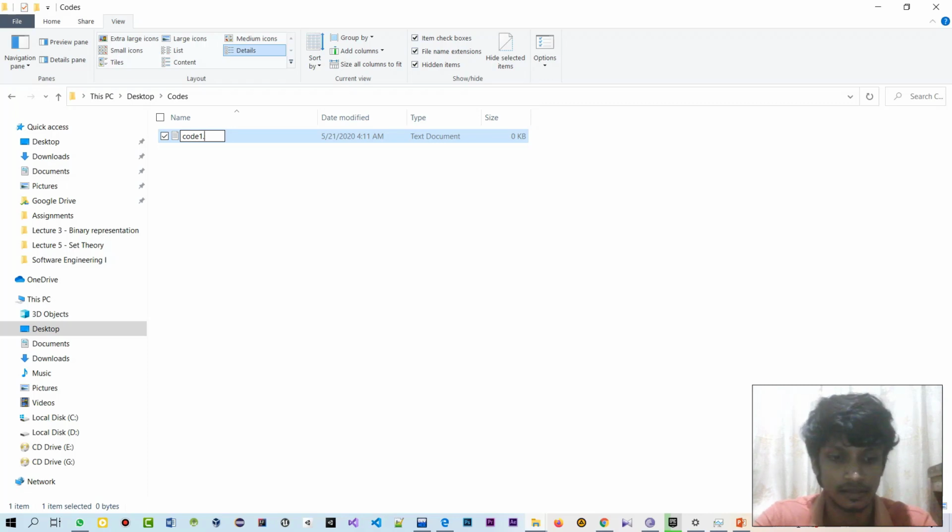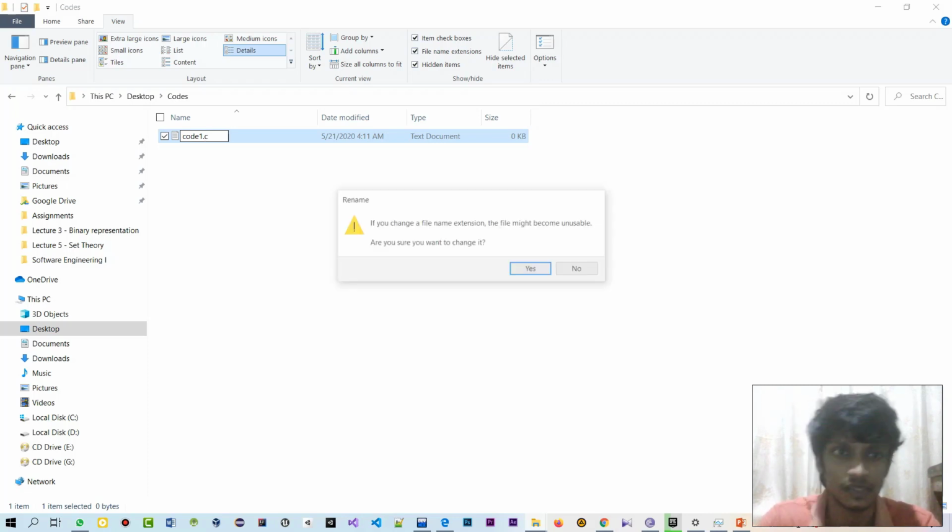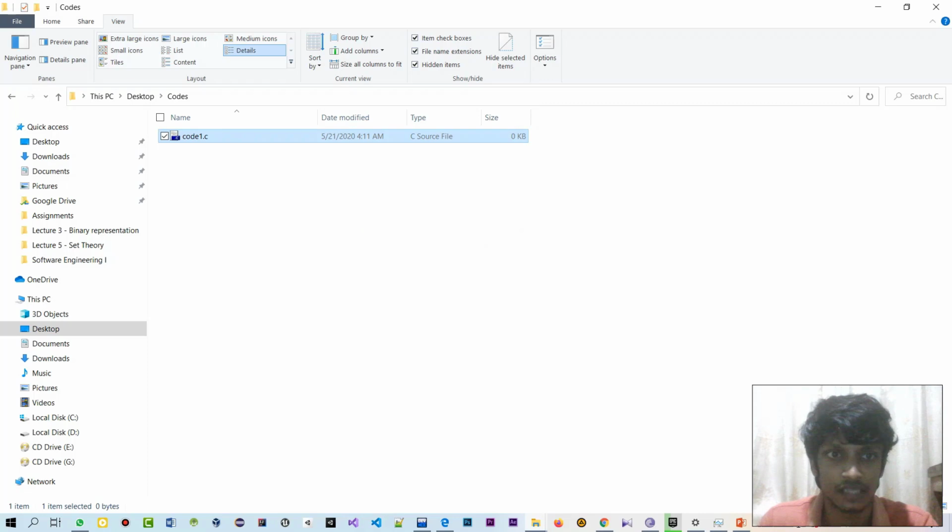Now it is just C. So make sure that you change the extension also, not only the name. Otherwise your compiler won't understand what type of file is being compiled. So in order to do C programming, your file should have the C extension.